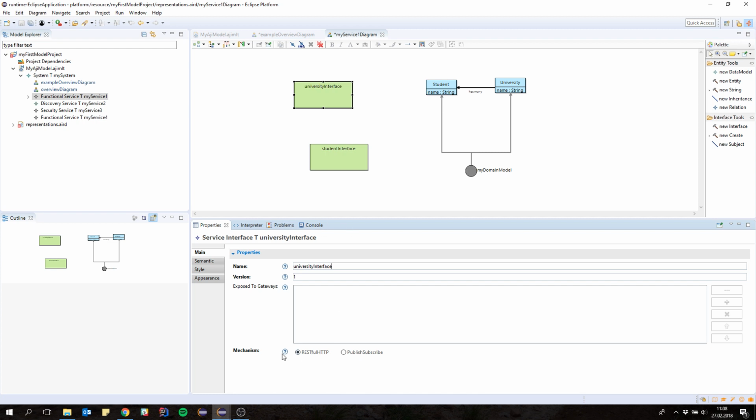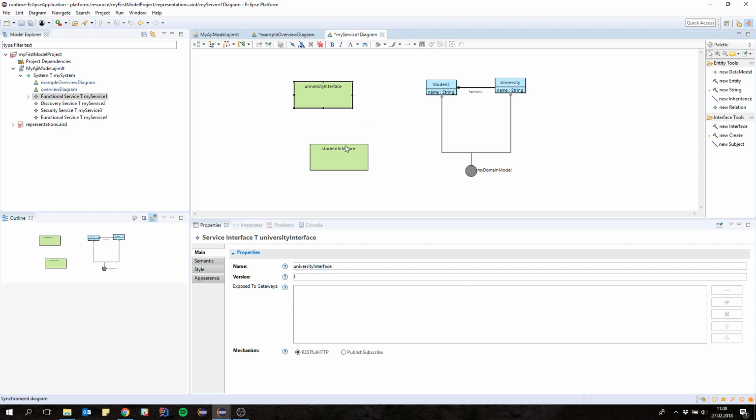As I already mentioned, you can choose the communication mechanism like RESTful HTTP or publish subscribe. And basically right now, what's left to do is to add what we call abilities. This university interface currently does nothing, but we can add CRUD operations or a custom operation